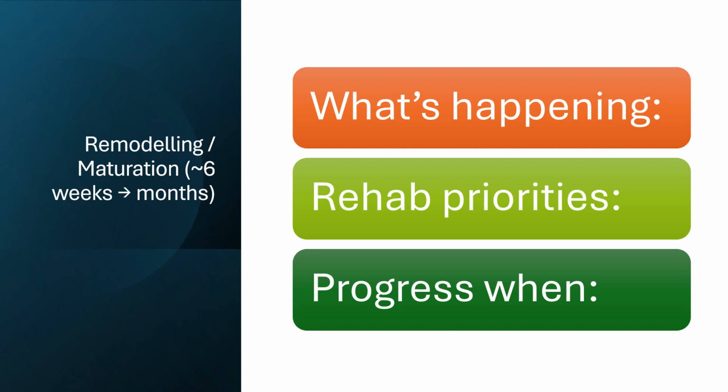Now, rehabilitation priorities: we add energy storage. So we look at plyometric tasks and how we can progress plyometric work, looking at contacts, height, and complexity. We can do high-speed exposures. We can look at agility, change of direction, and sports-related drills. Like always through rehabilitation programs, we use objective criteria, clinical measures, to look at the progress, especially for